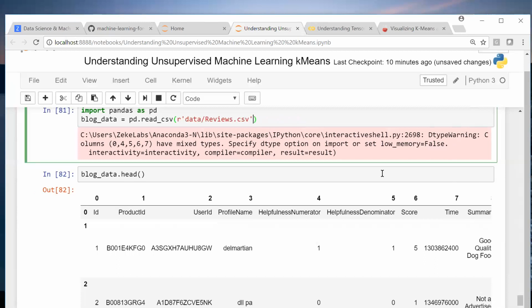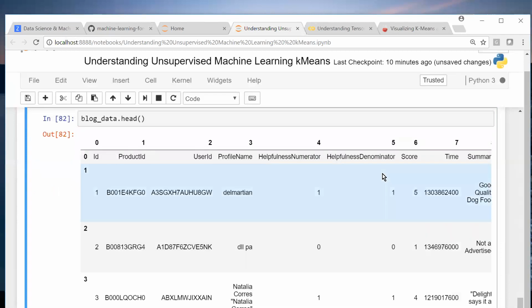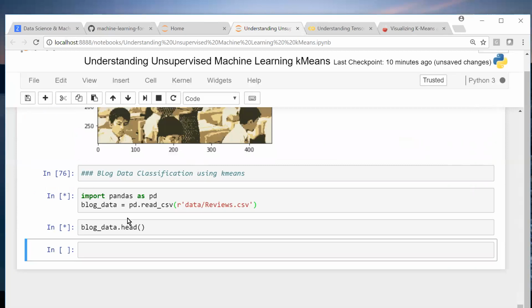Restaurant review comment. First, let's load this. Then load this. So it has a review comment.